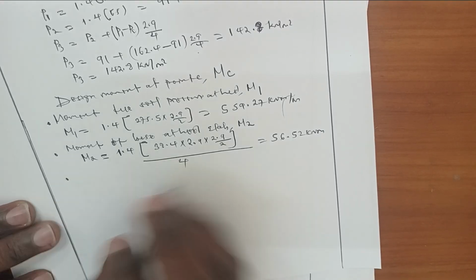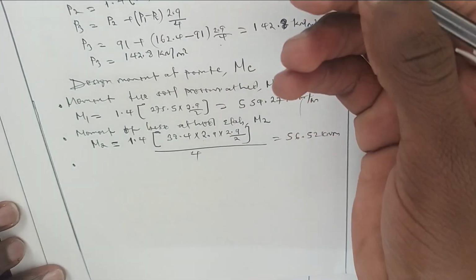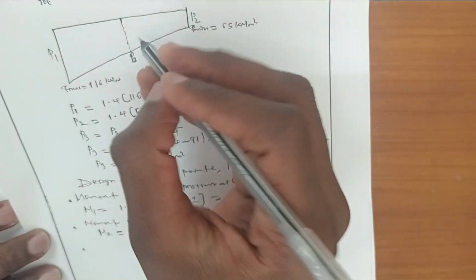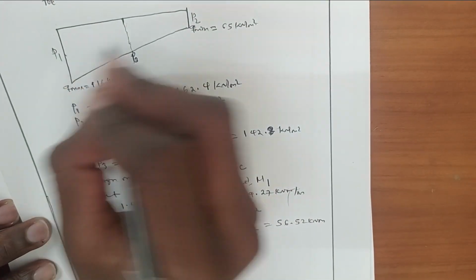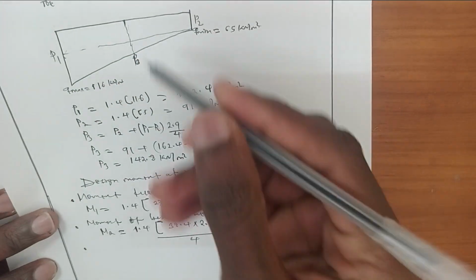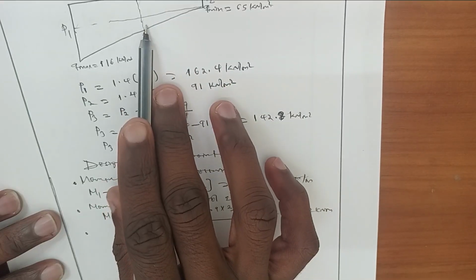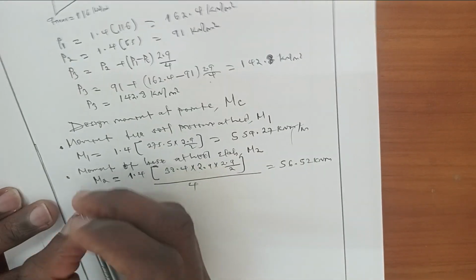The next moment is the moment due to the uniform soil reaction at the heel. So when we prolong here, we obtain the uniform. This is uniform, this is varying pressure. So we determine the moment